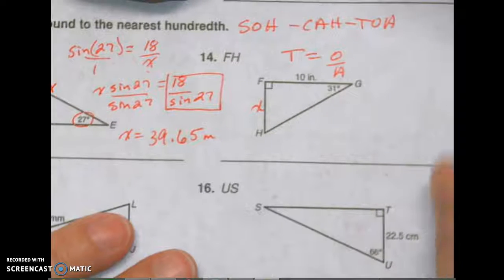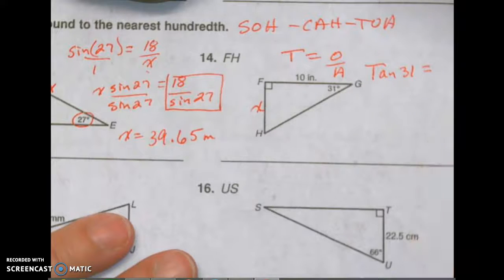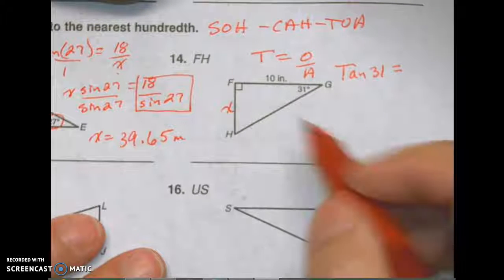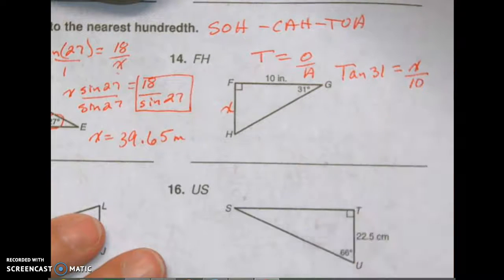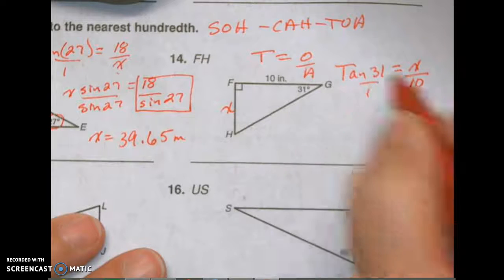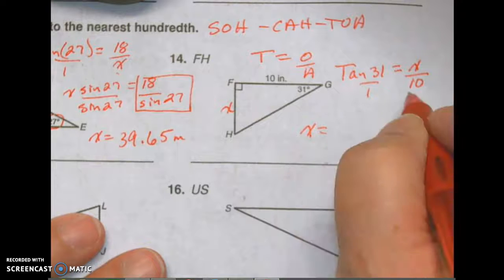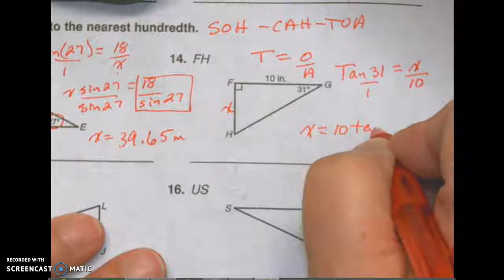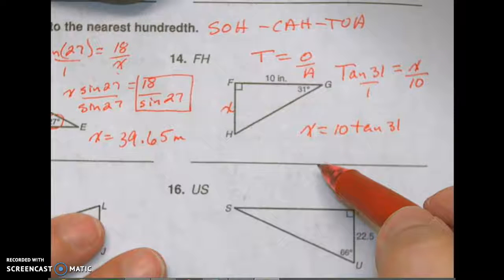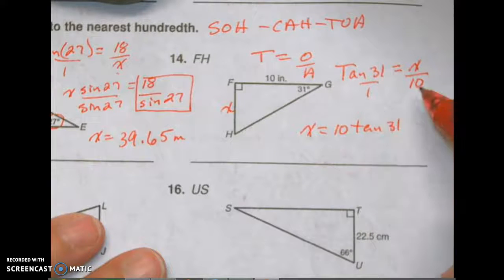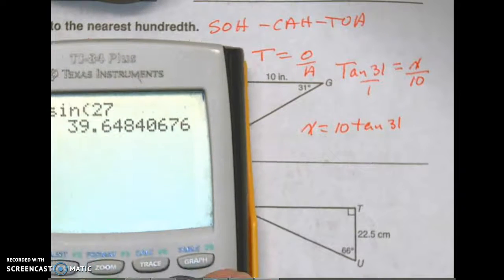So as I set up that problem, I'm going to say that the tangent of 31 is equal to my opposite side x over my adjacent side 10. Notice that when I cross multiply, I get x equals 10 times the tangent of 31. So for this problem, it's a multiplication problem to solve. I have to set up my equation originally to figure out what it is I'm trying to do with that. So in my calculator,